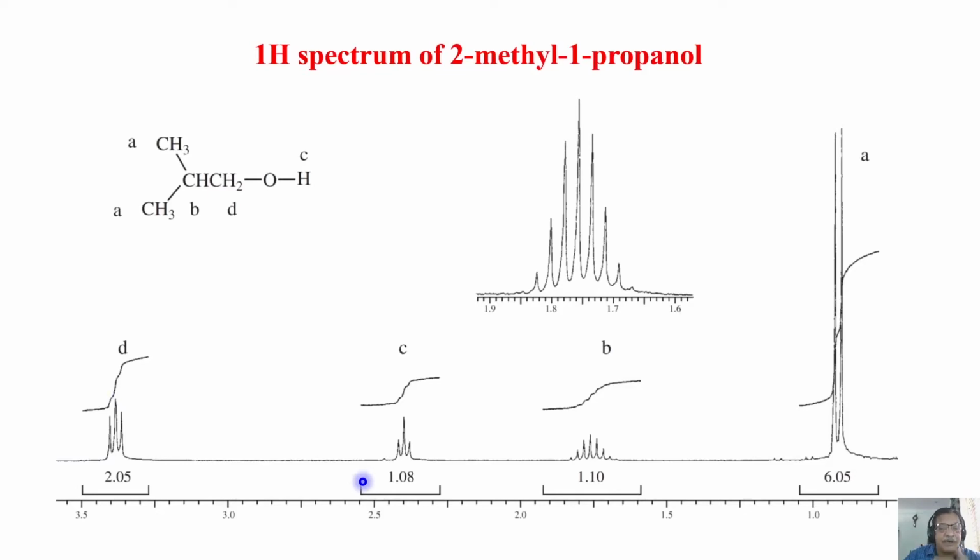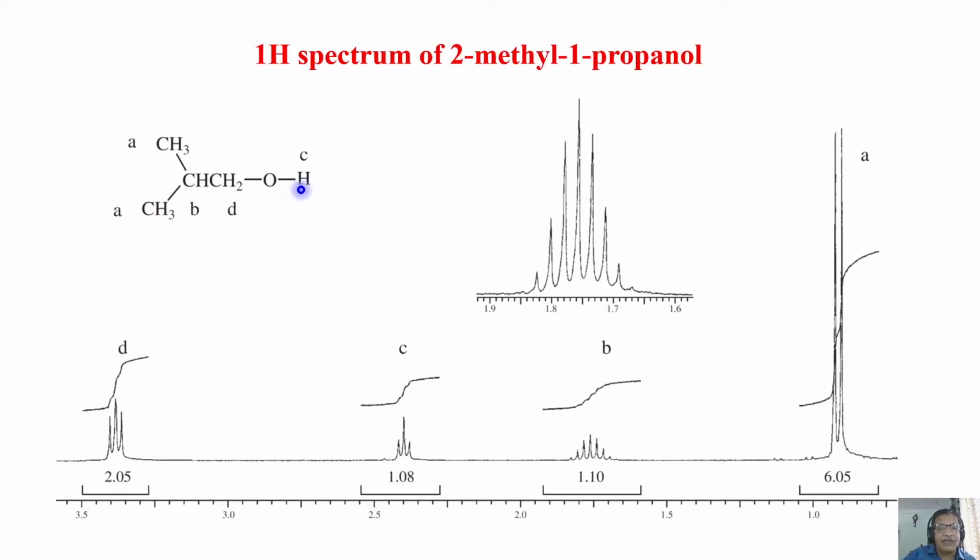In the proton spectra of several molecules you see in various books and literature, when there is an OH proton, you will be seeing a broad peak like this. But I don't see any such broad peak here. We have four different types of protons, so we have 4 groups of peaks. That means one of them must be OH. Now, what could this OH be?